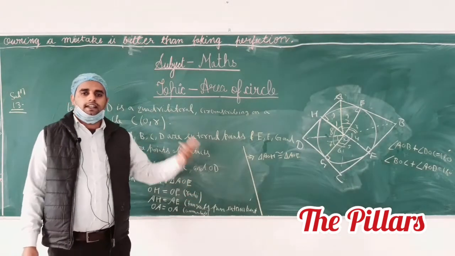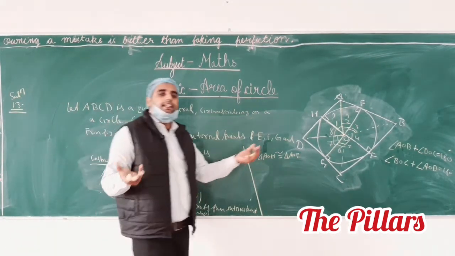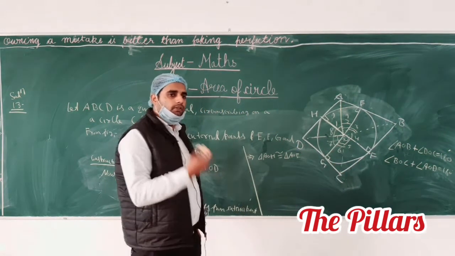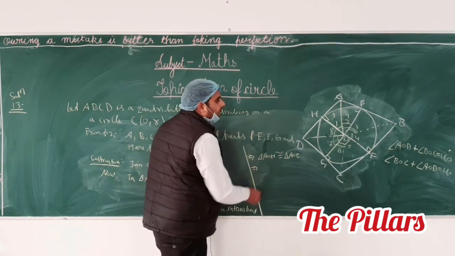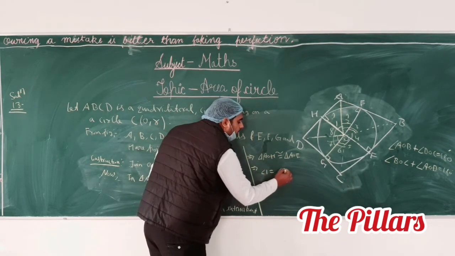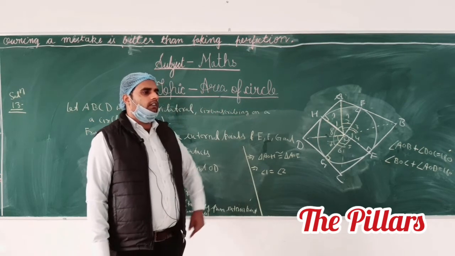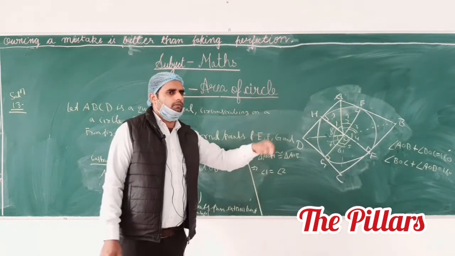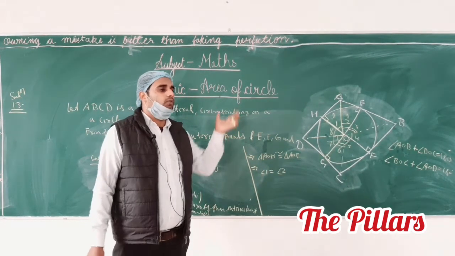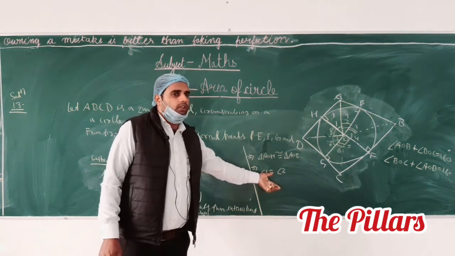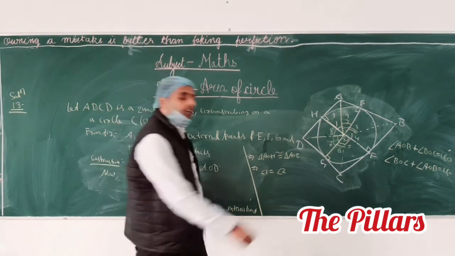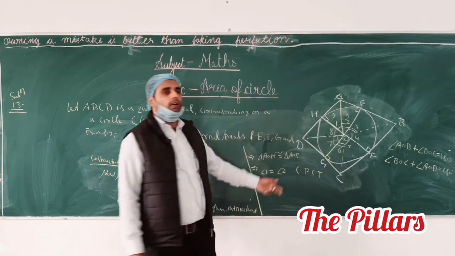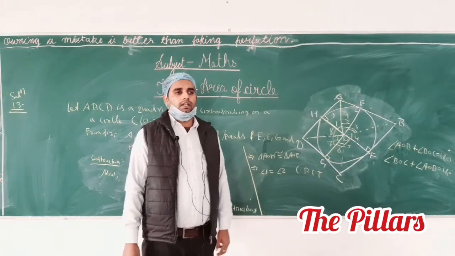If these two triangles are congruent, then by CPCT their corresponding angles are equal. This implies angle 1 equals angle 2. By the figure the examiner will know what angle 1 and angle 2 are, because if you have to mention everything, it is too long a question. Angle 1 equals angle 2. Why? CPCT, corresponding parts of congruent triangles.